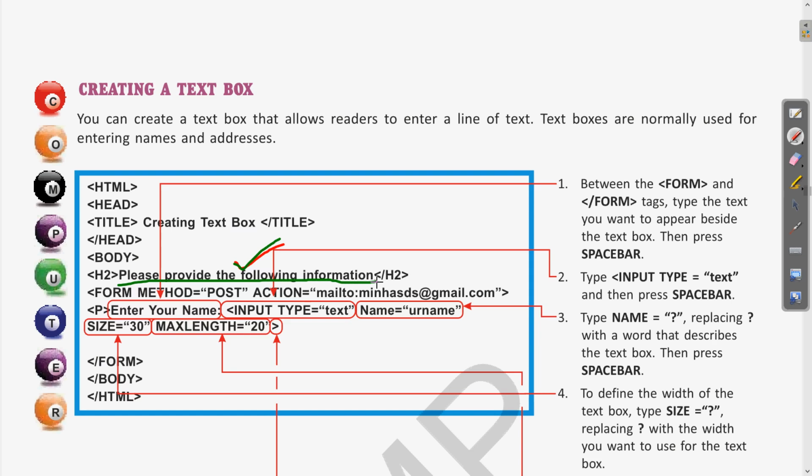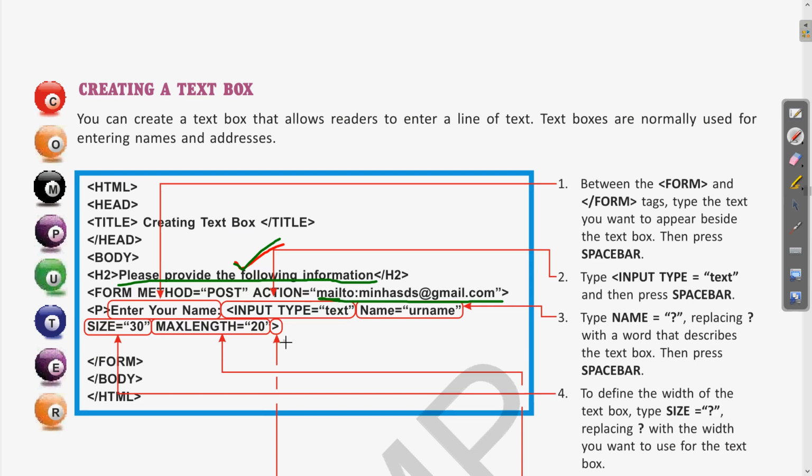The same will be visible at the top of the form in your web page. Then in the form tag we have mentioned the method and the action. So method is here post, and the action is whatever email ID you want to mention, that information will be sent to that email address.